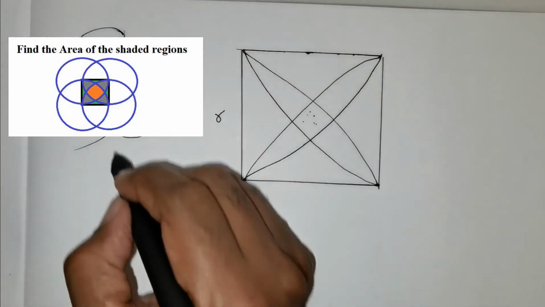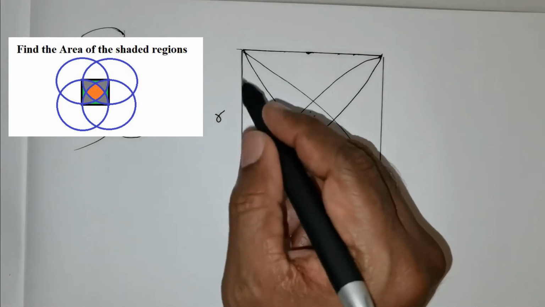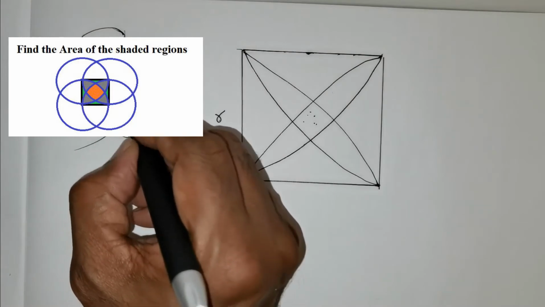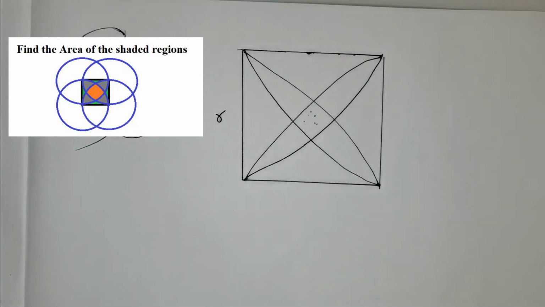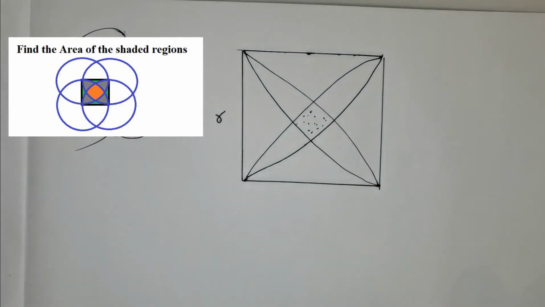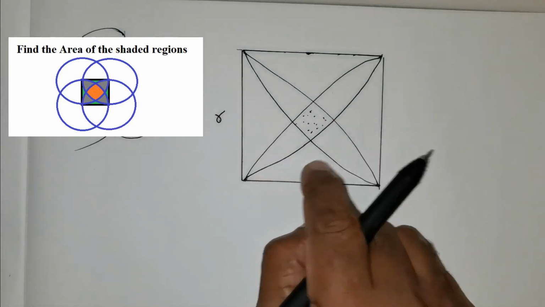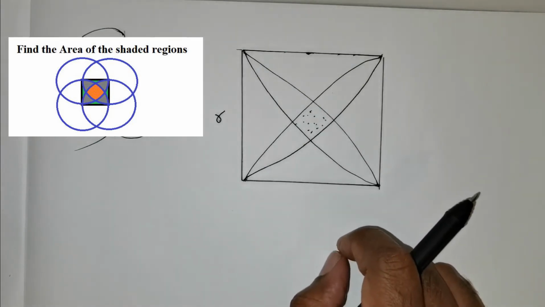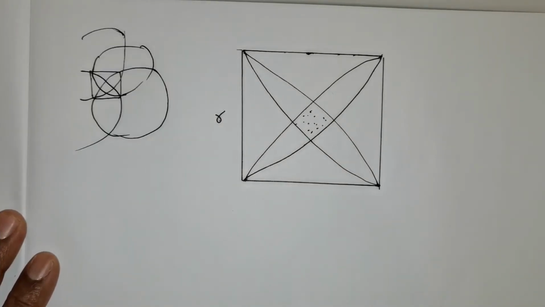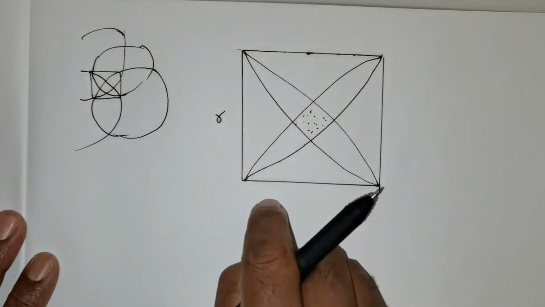Okay, and the side of the square is r, and so the radius of the circles are also r units. So now we are expected to find the area of this shaded portion. In fact, you can find the area of each of these portions by the following way that I'm going to be illustrating here. So having said that, foremost, since the side of the square is r units,